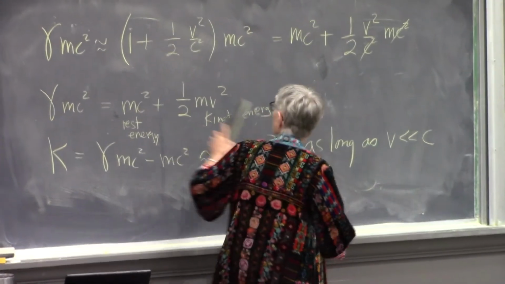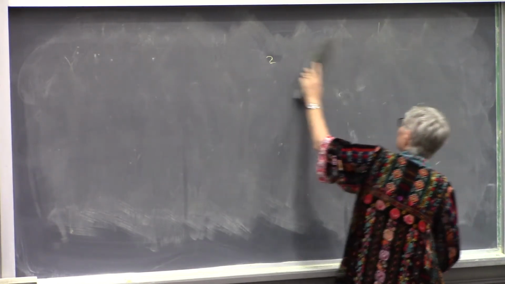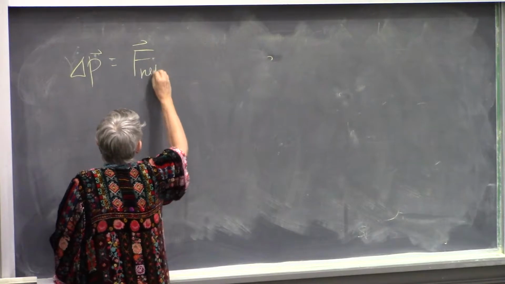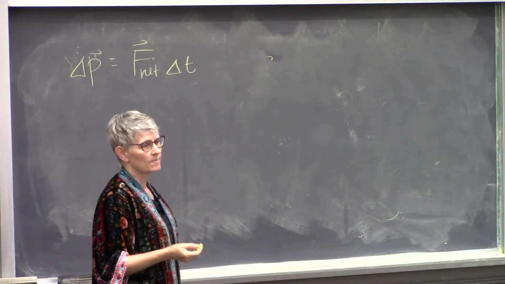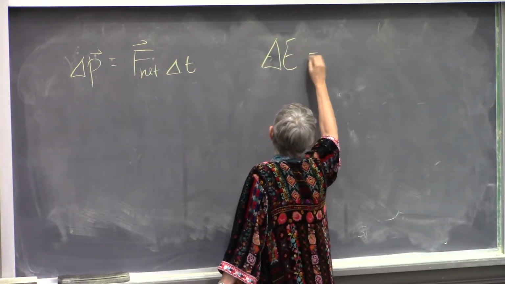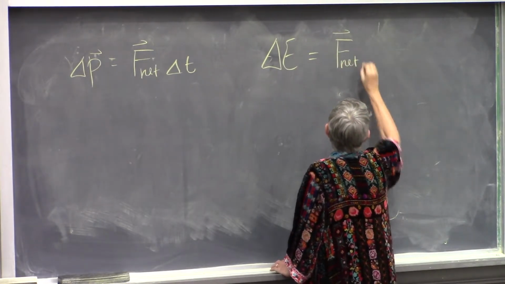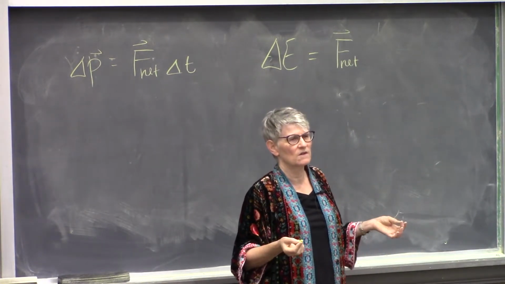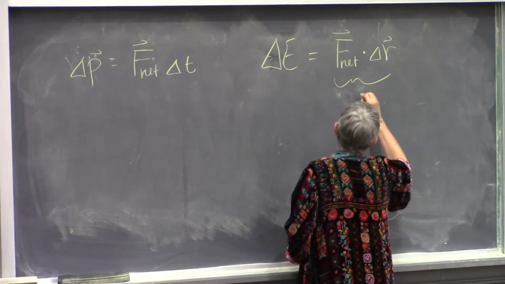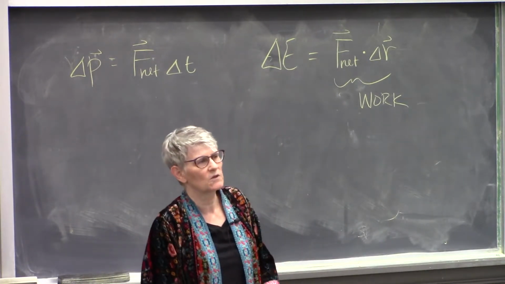So what is work? Well, up until now, we've been talking about force. So change in momentum required a net force acting for some time. It turns out that a change in energy can be caused by a net force acting through some displacement. And this is defined as work. Now that is indeed the vector dot product that we saw